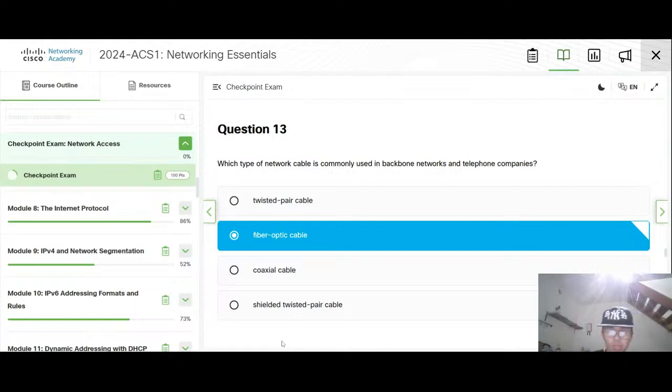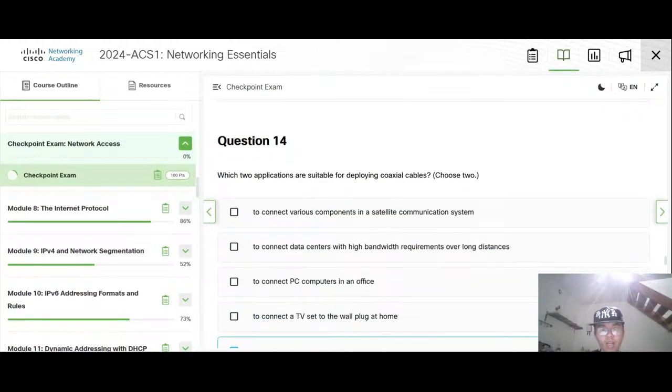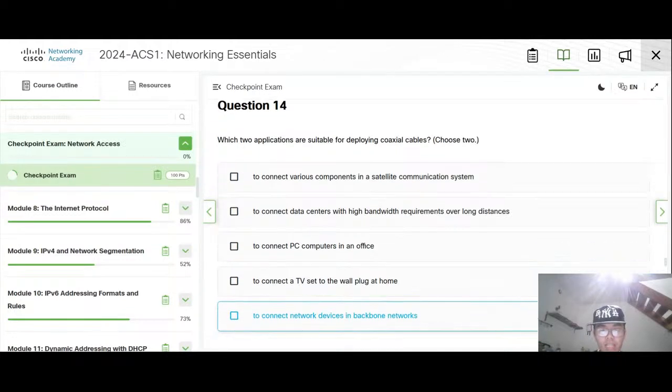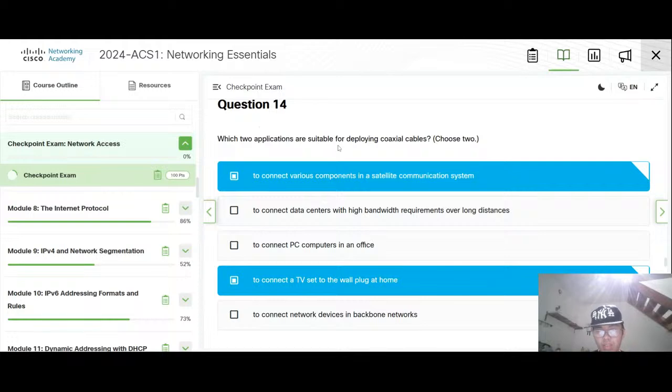If it's a small office, we use coaxial or twisted pair. But if it's the telephone companies, the backbone networks, it is called fiber optic. Deploying coaxial is for TV sets and satellite communication systems.